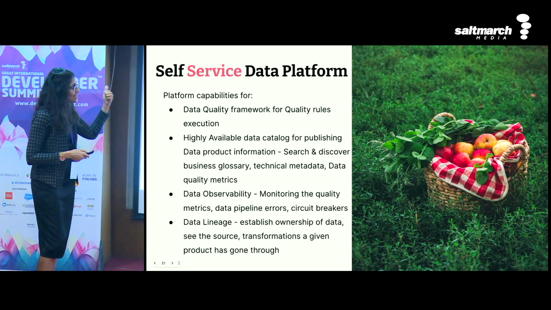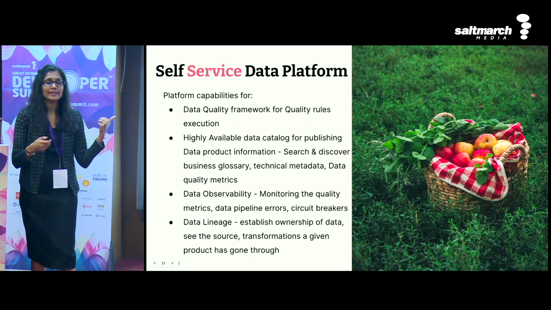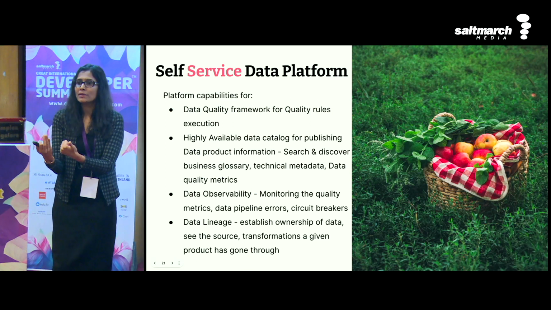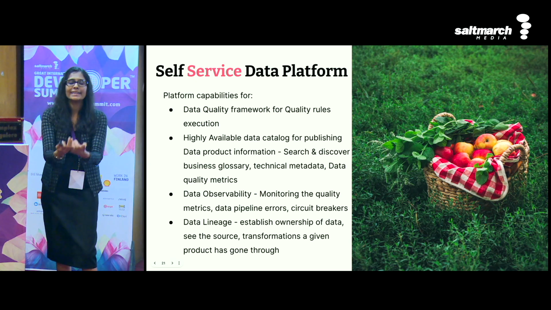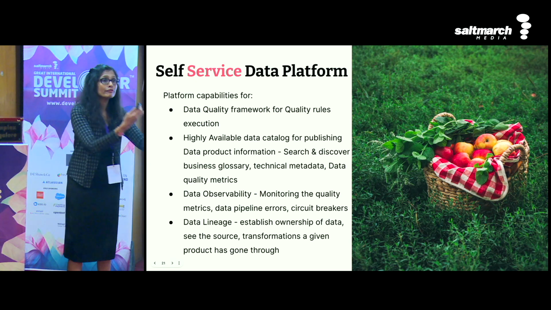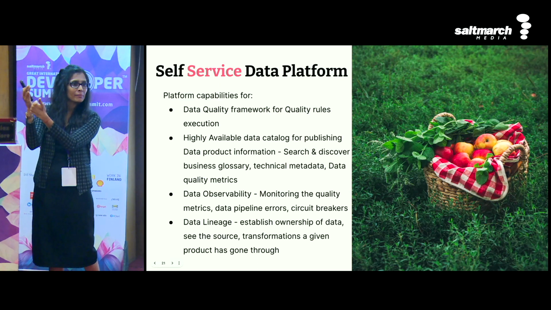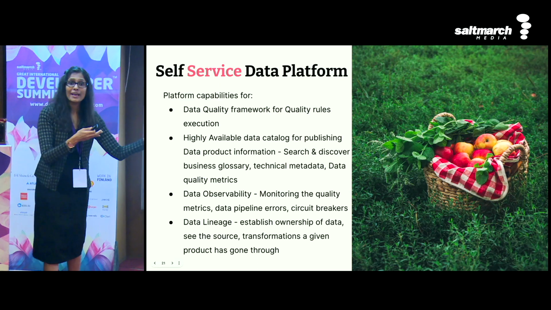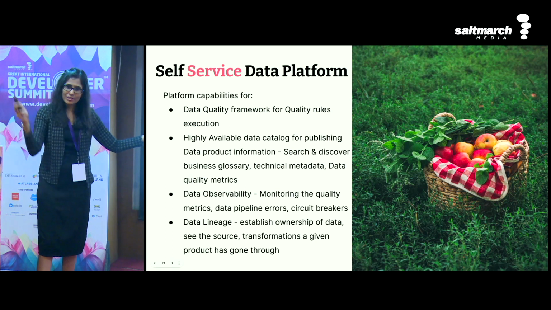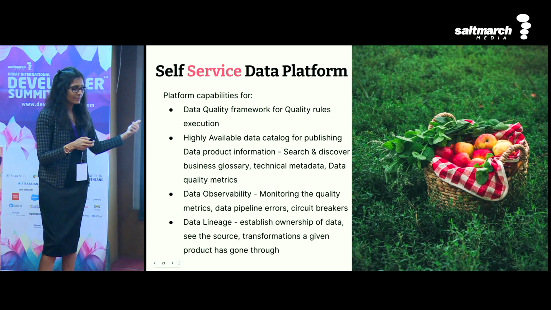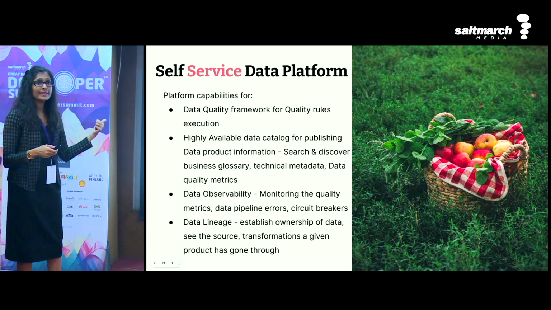Similarly, the central team itself can make sure that they provide a data cataloging capability. As a platform capability, I will make available a highly available data catalog to which all my product teams can publish their data product metadata. That becomes the safe space for the rest of the internal users in my organization to find the right data. Then data observability,